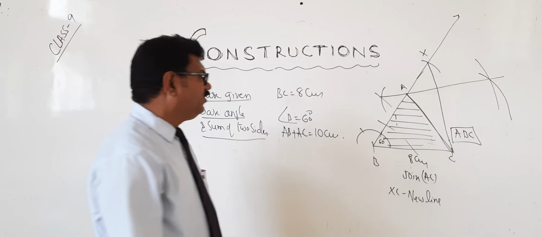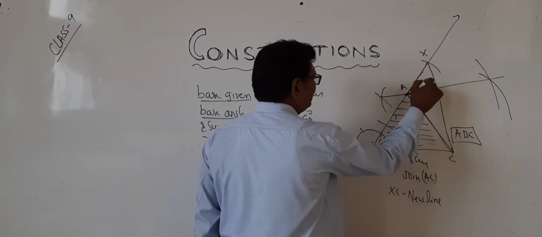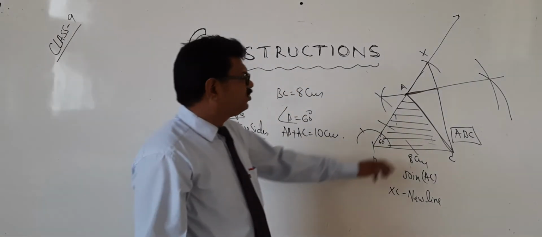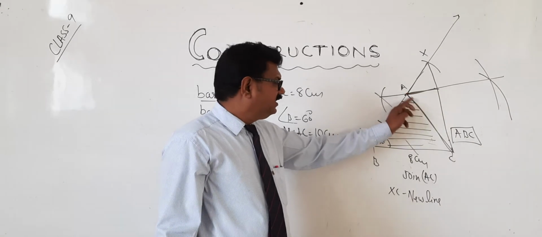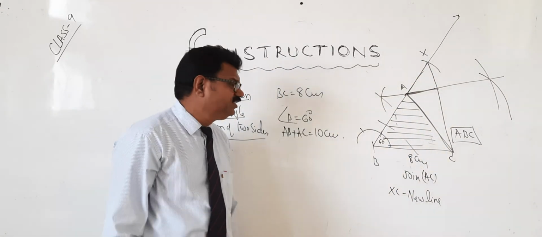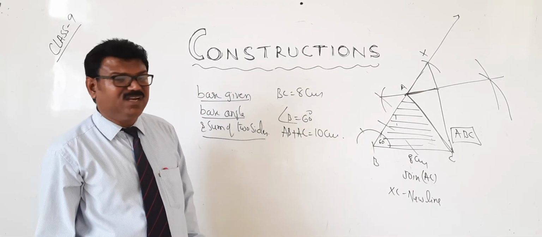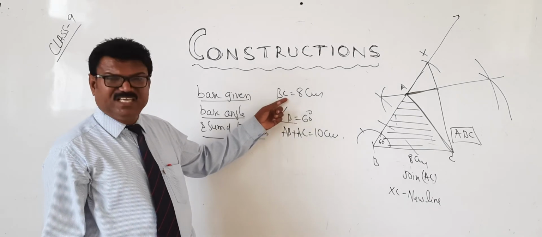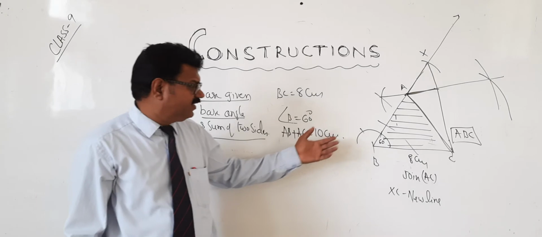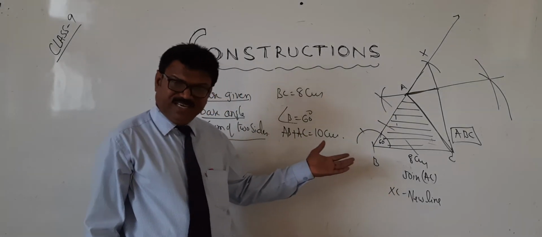Okay? If you see, these two triangles are similar, we can prove. Then these two are also congruent. Therefore, this side will be equal to this side. Like that also we can prove. Okay, justification you can do yourself. So how is the construction of a triangle done? When base is given, one base angle given, and sum of the two sides given, we should draw the triangle like this. Did you understand?